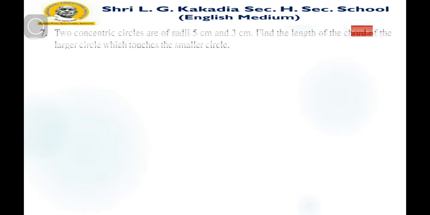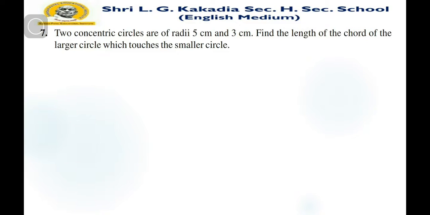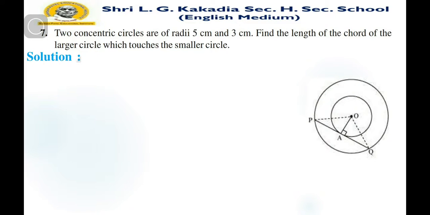Question number 7. Two concentric circles of radius 5 cm and 3 cm. Find the length of the chord of the larger circle which touches the smaller circle. As you can see in the figure, two concentric circles are given. One has a radius of 3 cm and one has a radius of 5 cm. And given that this